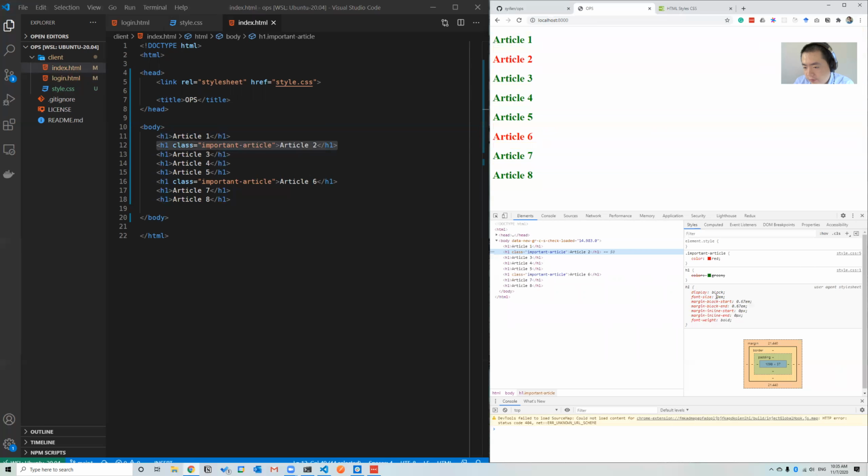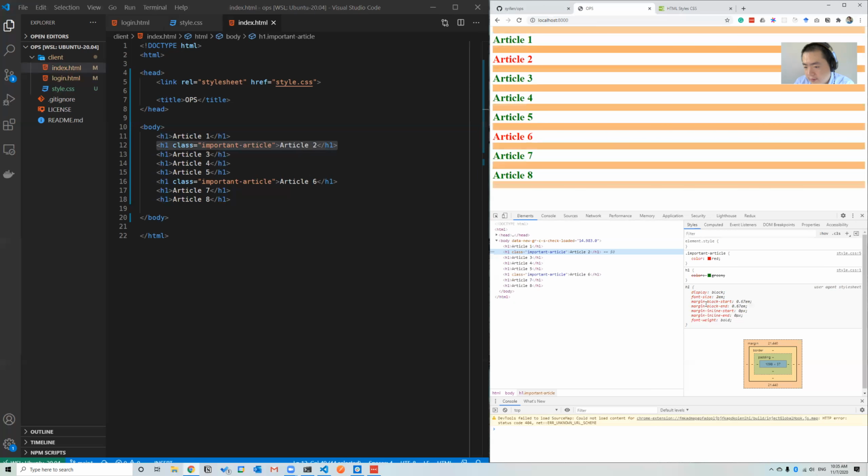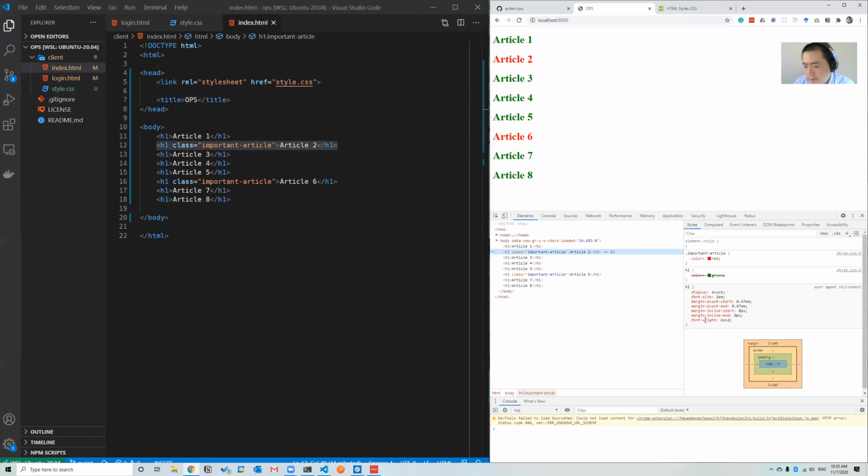So for H1, by default the font size is 2em. 2em is basically twice the size of regular text. Okay, there's some margins, some font weight. It's bold, right? It's bold text and displayed as block. We'll talk about all these things later. Okay, so the only thing here is that element.style